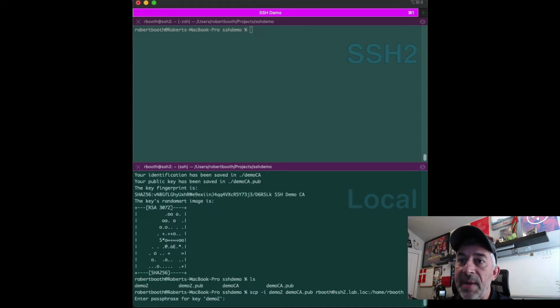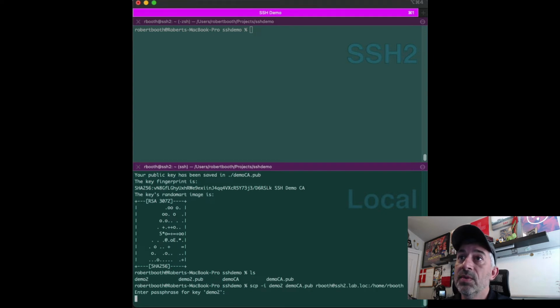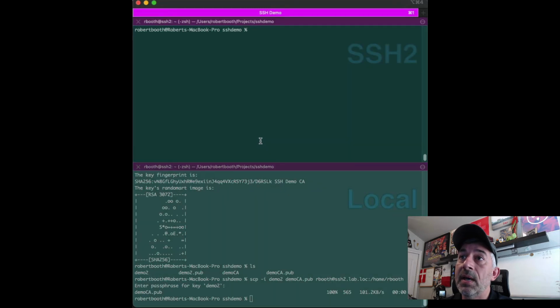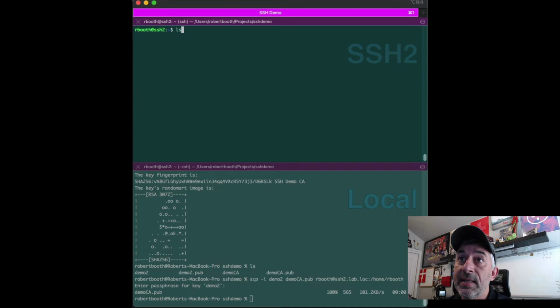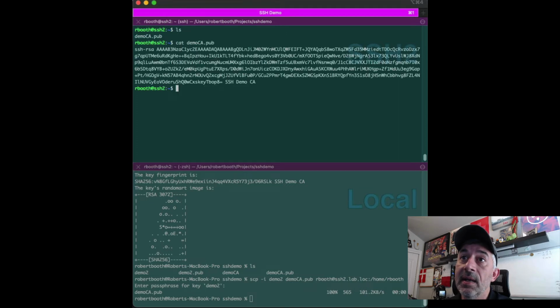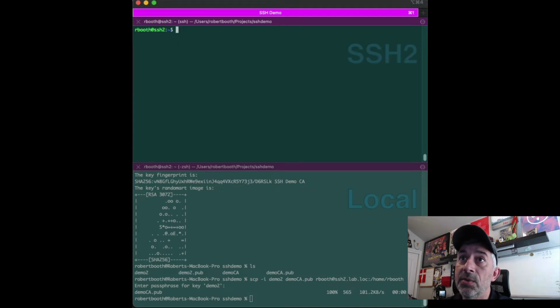And it's asking me for my passphrase, and that's going to be for my private key. And it's copied it over. So now, if I go to log into that box, I can see that the demo CA certificate is out there. And if I cat that out, take a look at it, I can see that that comment is there, and it is an RSA type key. So we're good. Next, we are going to need to go to,